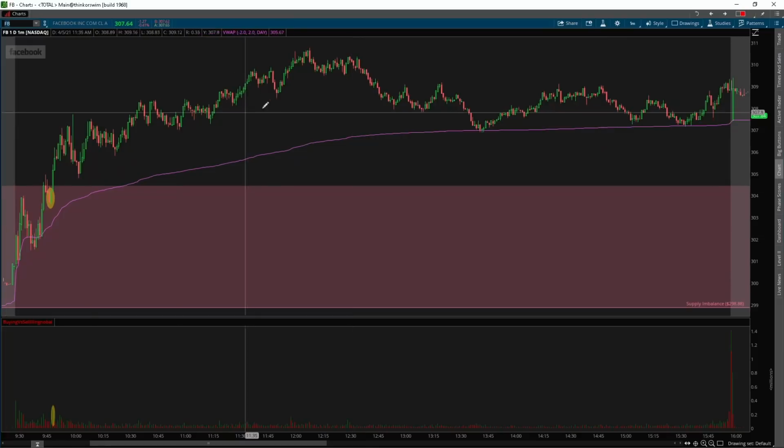And if you missed this move, your emotions would have been flaring right here, trying to get in, and you just would have been caught up in chop. So opportunities all over the place. The key is finding the right ones and sitting on your hands until your edge is present and until the market presents its proper opportunities.